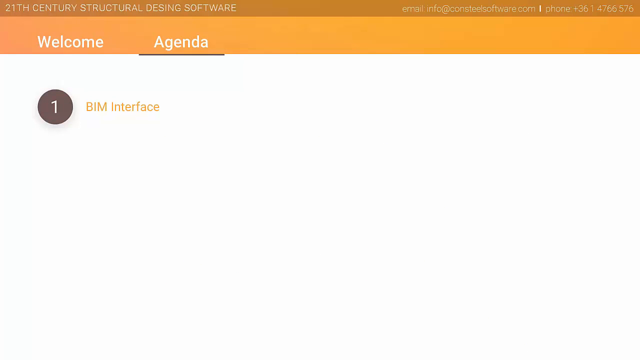Today's webinar is about the new features of ConSteel 11 and csJoint 11. The latest version of our structural analysis and design software was introduced at the end of April. Quickly about the agenda. First, we'll talk about the new BIM interface functionalities, which are one of the main improvements in